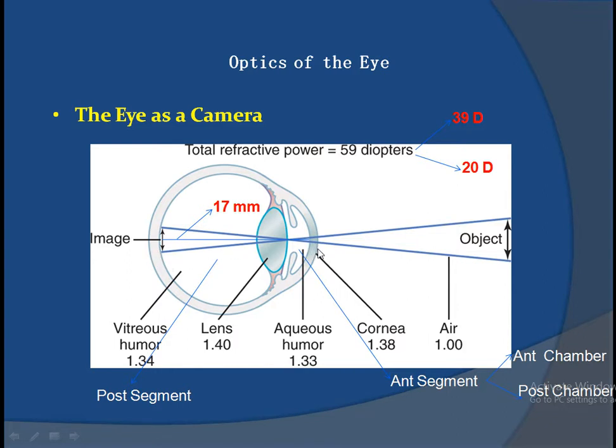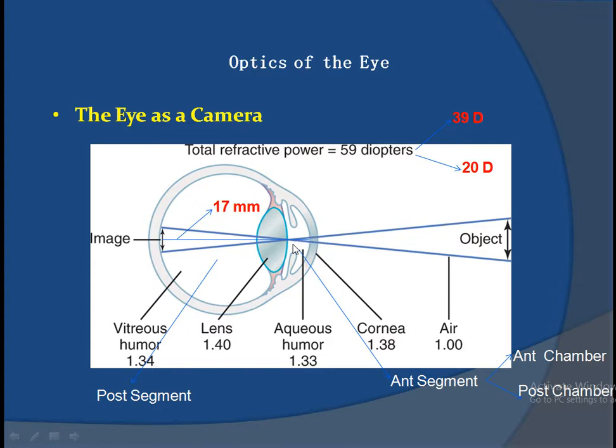We must know that outside, in the atmosphere, we have the air. When light rays strike the anterior surface of the cornea, the first and important change which occurs is related to the media. Outside the eye we have the air media, while after that, when light rays strike the anterior surface of the cornea, then comes the posterior surface of the cornea. The most change occurs here regarding the media.